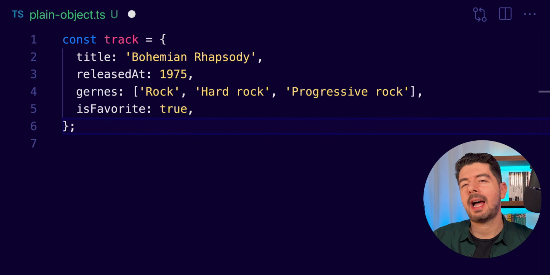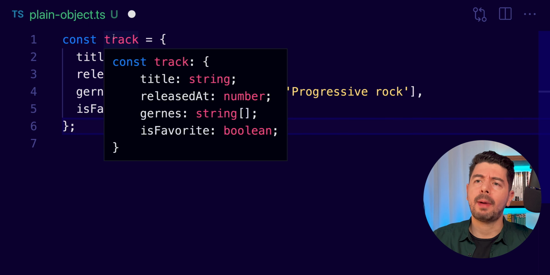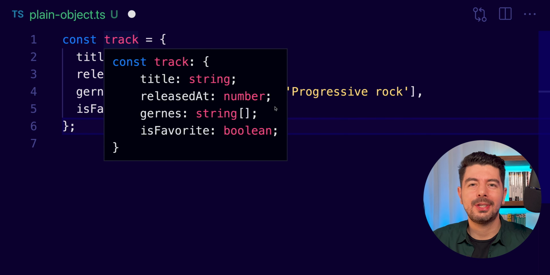As we've seen, TypeScript will implicitly set the types of our properties here because we have this type inference feature. And if I hover over my track here, you will see that this is not just any other object. This is a track which has a title, which is a string, a released at property, which is a number. So what TypeScript is trying to do here is to basically recognize automatically what kind of types we are using